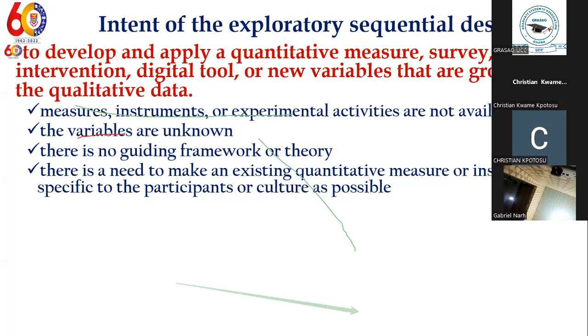You will see that the wording and the kind of variables that they explore among their sample is so different from whatever is happening in Ghana. So you have a hold of that questionnaire and you look at it, and you think, I don't think some of these things will apply to my sample or my population. But how do I know whether this applies or not? You have to go to the people,